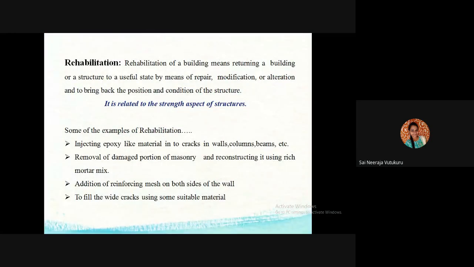So coming to the rehabilitation, any kind of building can be rehabilitated, meaning if you have any kind of repair for a building because of some attack, it may be a natural attack or it may be an artificial thing. So the damaged building can be rehabilitated, meaning it can regain its original shape and strength also. So mostly it is related to the strength. In general, we do repairs for the buildings. So repair, how it works, means we just modify the thing. It won't give the overall